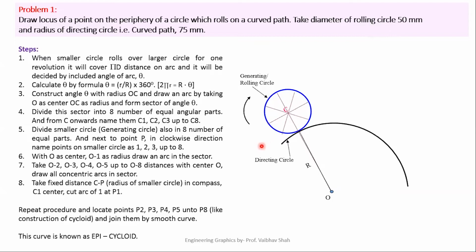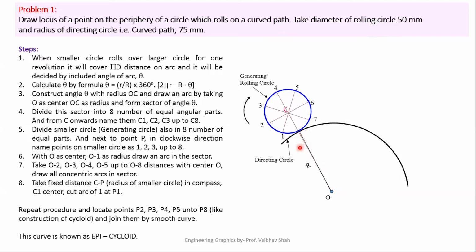Now, after dividing these parts, we'll give numbering. It is obvious that the intersection point of these two circles will be an initial point. So that's why we'll give this point as 0 number. Now we'll start numbering from this point in clockwise direction like this: 1, 2, 3, 4, 5, 6, 7, and 8. In examination, you have to compulsorily show 0 and 8 on your circle here.